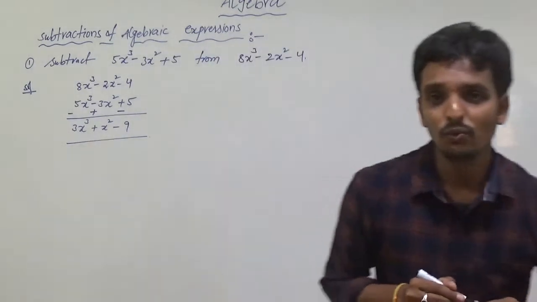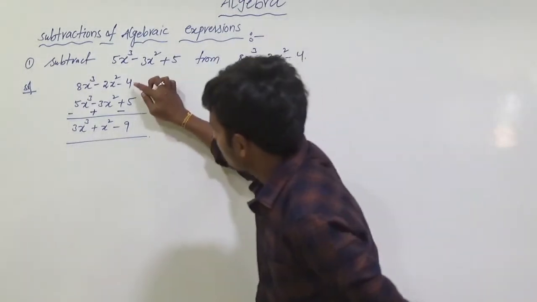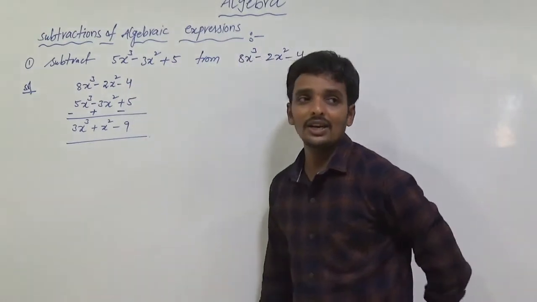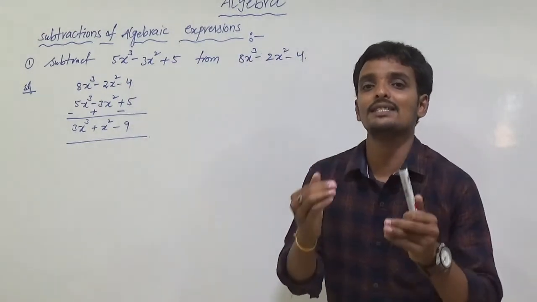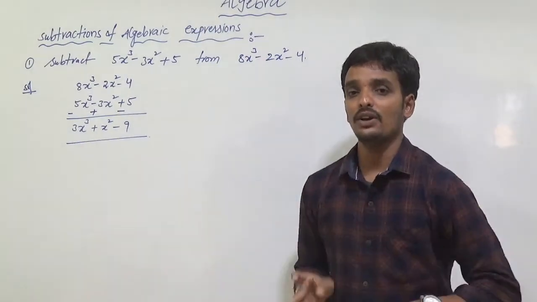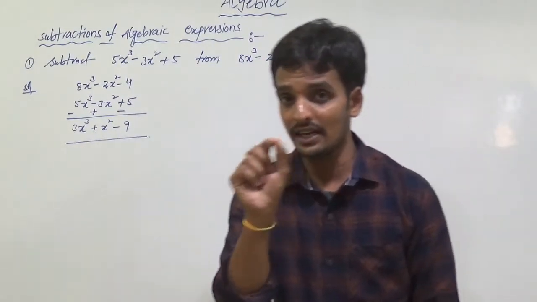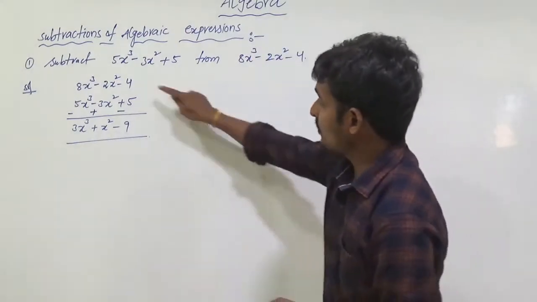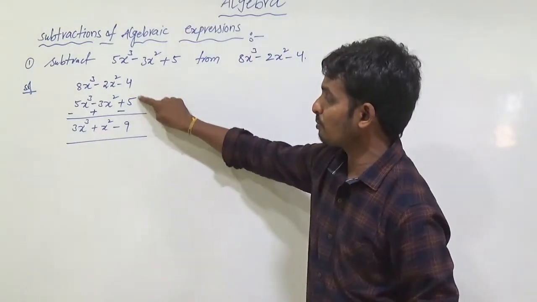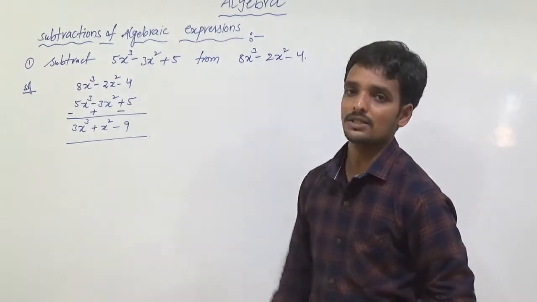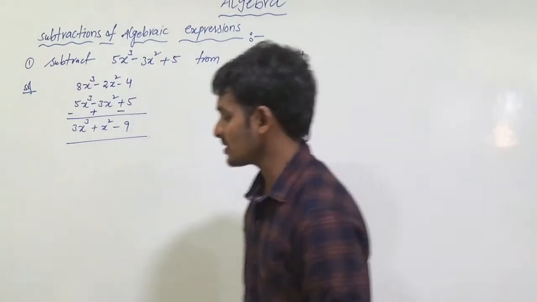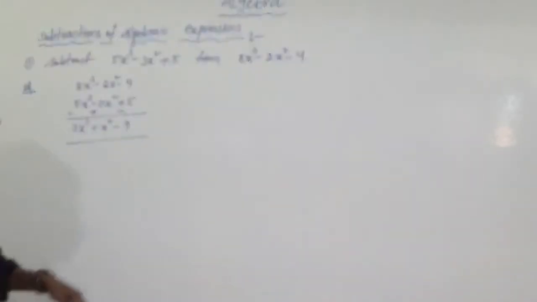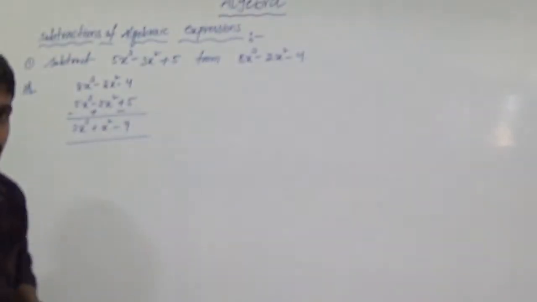If you observe one thing, students, here minus 4 minus 5. Actually, we have two numbers having the same symbol, minus 4 minus 5. When we are seeing the negative symbol, we think this is subtraction, but here we did addition. Minus 4 plus 5 is 9. The symbol is minus. The answer for the question is 3x cube plus x square minus 9. Are you okay? Note down this problem in your CW.